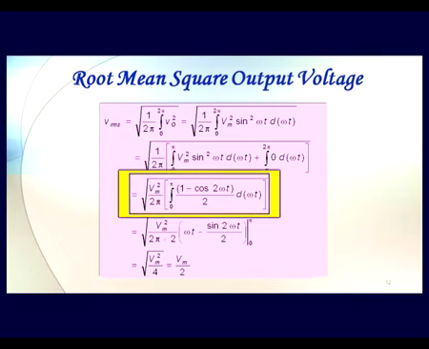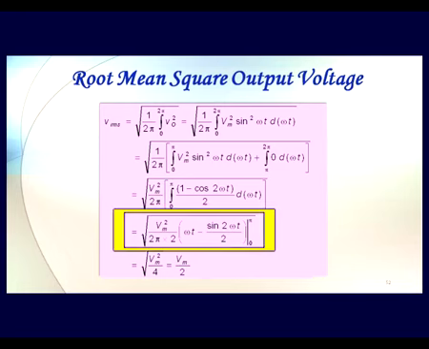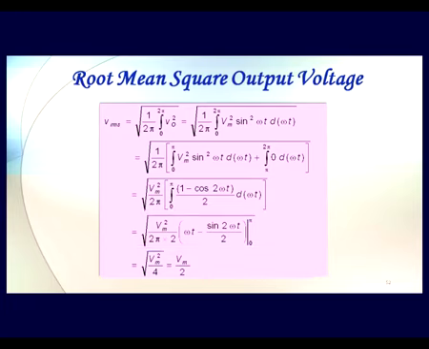Sin square omega t d omega t we can always replace by 1 minus cos 2 omega t by 2 d omega t, and integrate it, we get omega t minus sin 2 omega t by 2 in the integration limits of 0 to pi. So if we substitute the values of 0 and pi in this sin omega t, it is going to be 0. So omega t is the only surviving component here, which will be giving us output of Vm square by 4 root, that is Vm by 2. So the RMS voltage of our half wave rectifier will be Vm by 2.